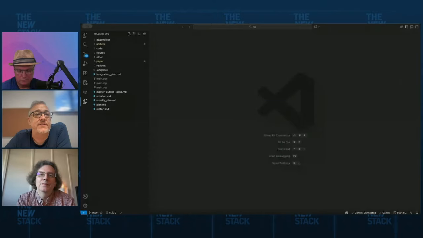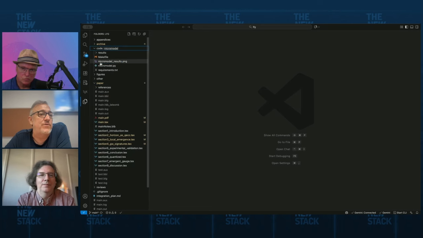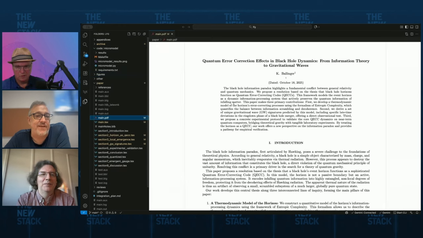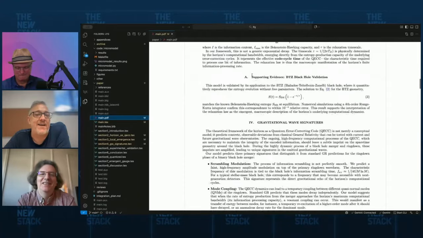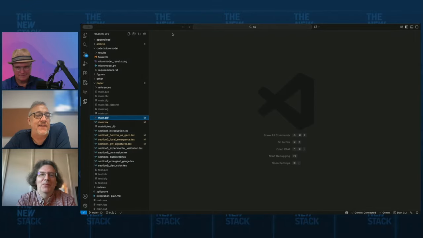So here's an example of a paper that I wrote with Gemini, and I use something called co-author, which I'll talk about in a second. It does a lot of LaTeX management, and it does code to do modeling and to make figures and things like that. LaTeX, maybe for those who are not in scientific publishing. Exactly. But then in the end, I have a paper here, right? Like that's crazy. On error correction effects with black holes. And this was not vibe coded, but iteratively built with Gemini and with experiments and, like I said,